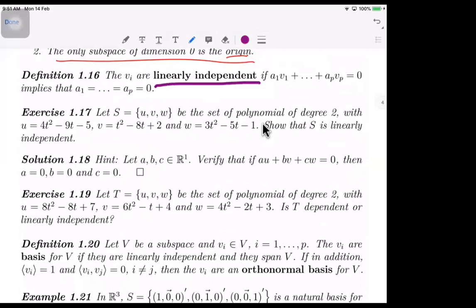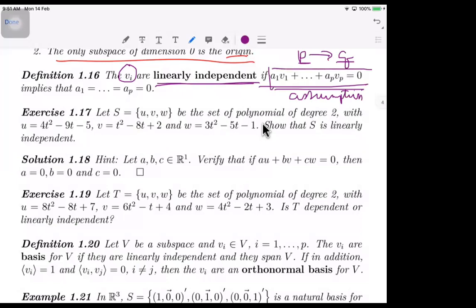Linearly independent. So, the Vi are linearly independent if, assumption, P implies Q. So it means assume P, show Q. So the Vi are linearly independent if we assume this linear combination, and when it is equal to 0,